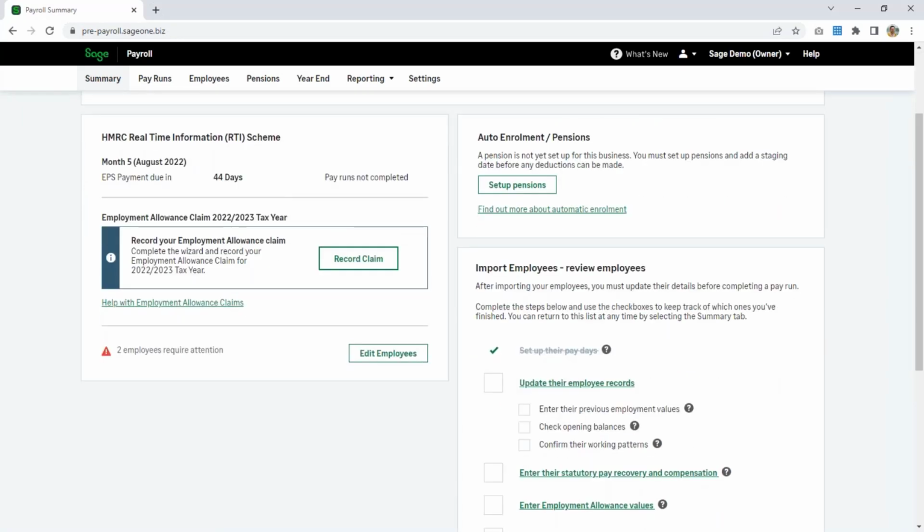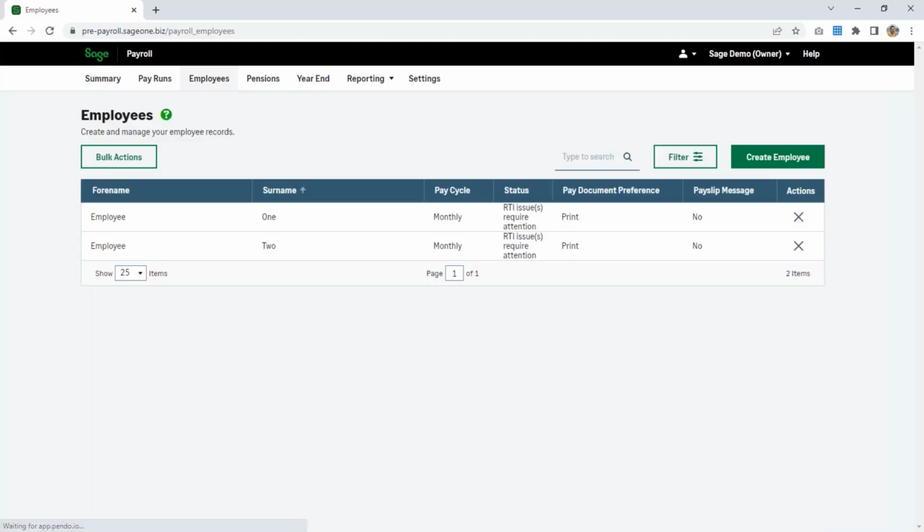The next thing to do is to update the employee records. Three specific tasks are listed here: entering previous employment values if applicable, checking opening balances and confirming working patterns. But what you'll also need to do is to add any missing information that wasn't imported from your FPS file. So if I follow the link to update the employee records, you can see in the status that we do have RTI issues that require attention. So if I click into employee 1,